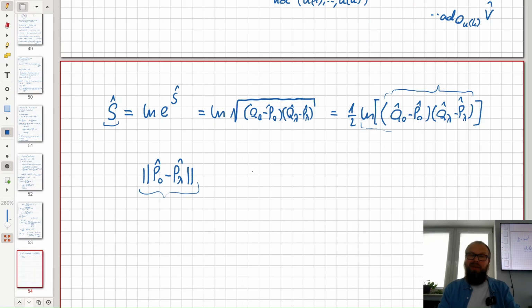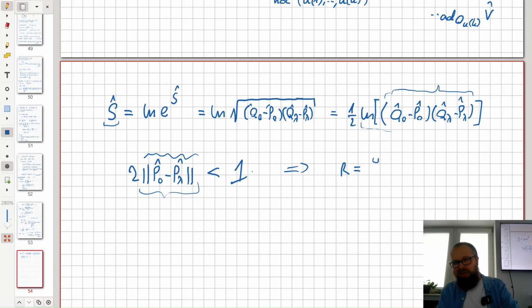Actually, what you get there is twice this. It has to be less than 1. This will be the condition for convergence of the logarithm, which then translates, because we already estimated this guy, to our radius of convergence being, let me just write it, the gap